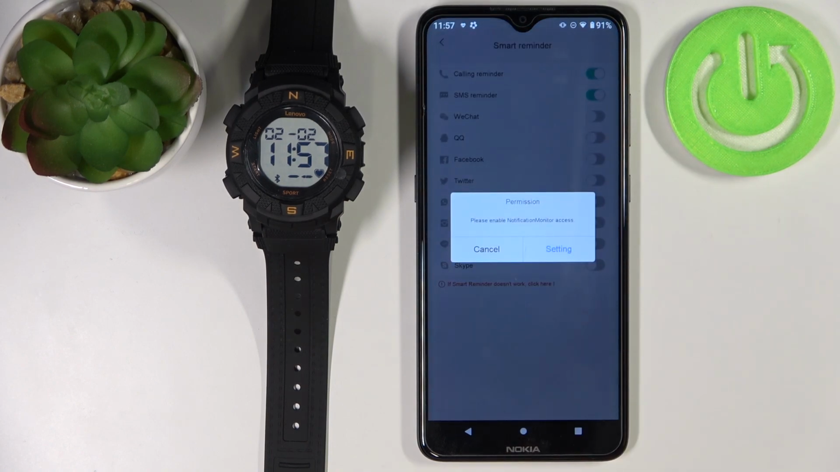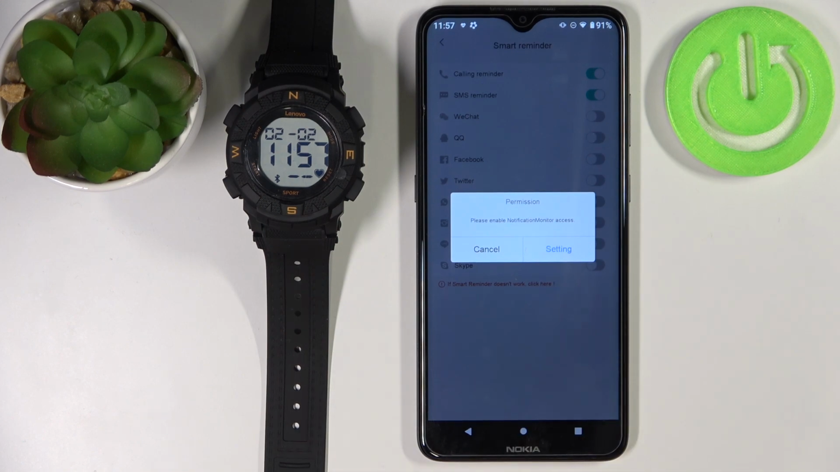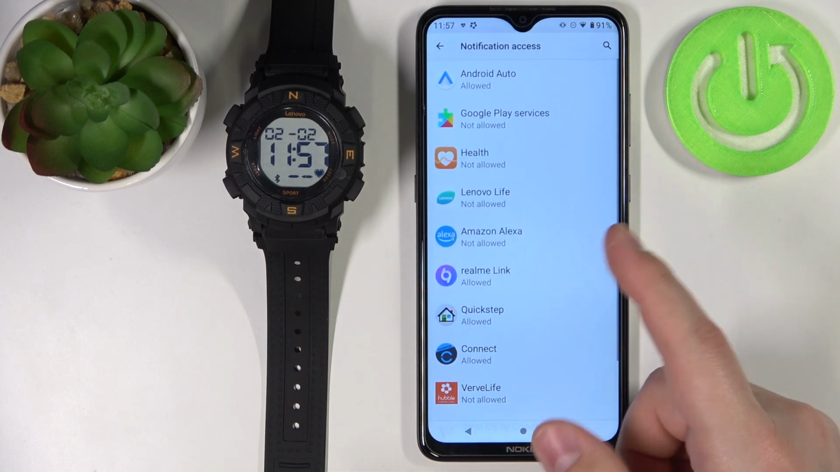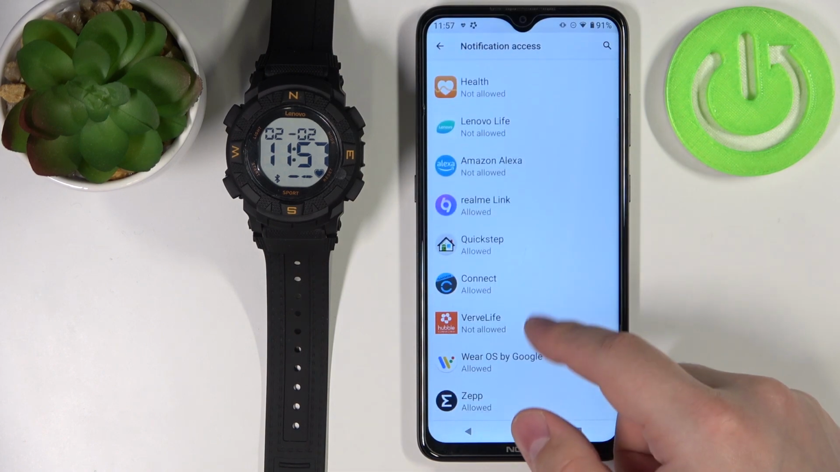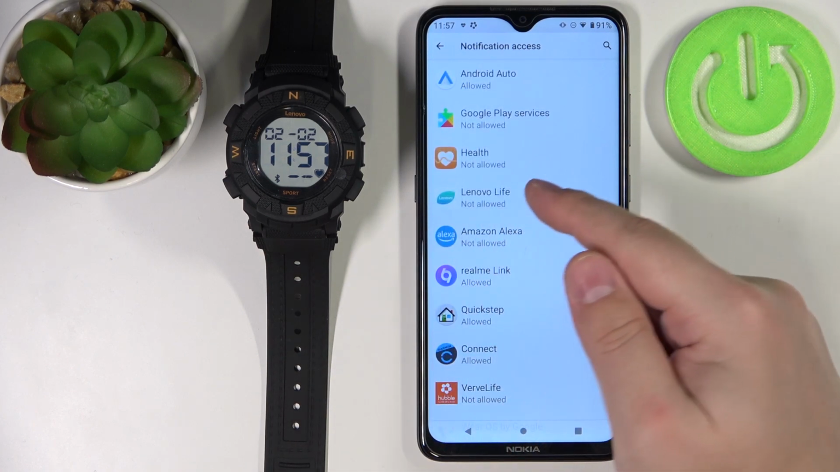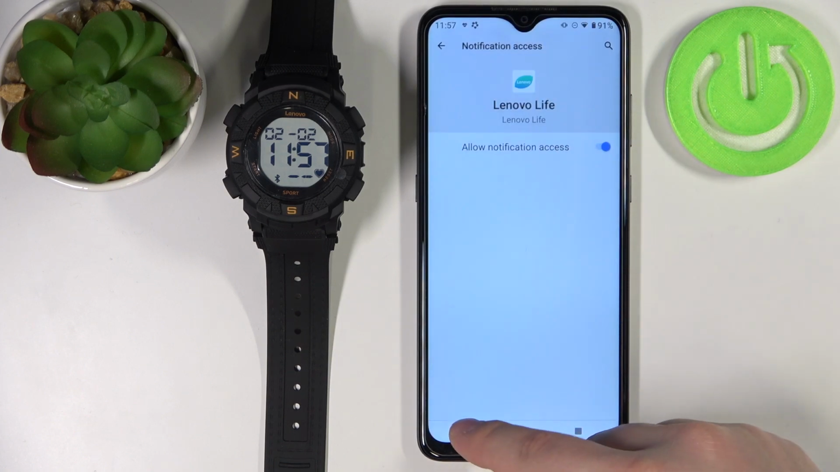And here, as you can see, we need to allow the notification access for the Lenovo Live application. So let's tap on Settings. It's going to redirect us to the notification access. Now find the Lenovo Live on the list. As you can see, it says not allowed. We need to tap on it, tap on the switch, allow it, and now we can go back to the